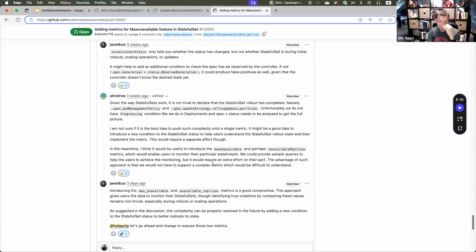And are you going to increase those metrics only for those stateful sets that have the max unavailable set? Yes, that's the part, so that we consistently always increase both of them, but only for those stateful sets that have them set.